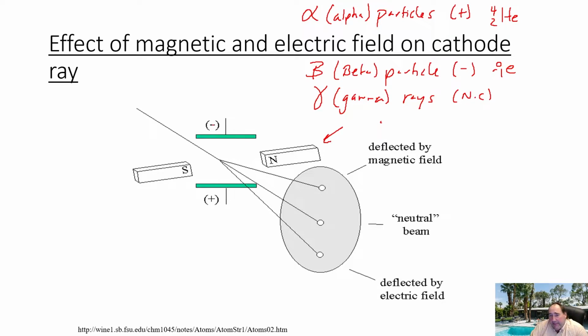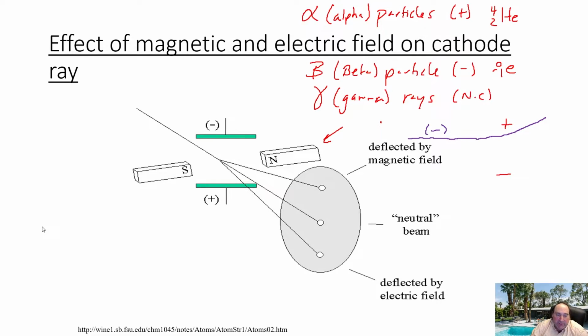And for example, as we can see here, if we were to shoot a particle through an electrical field, and we weren't really sure what the charge was on the particle, but we see that it bends upwards towards the positive part of the electrical field, we would know that it would have the opposite charge of that electrical field, which would be a negatively charged particle.